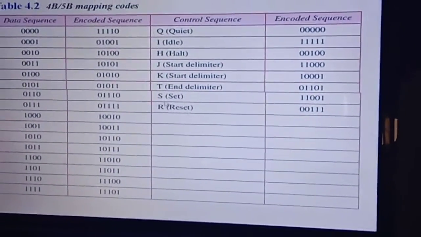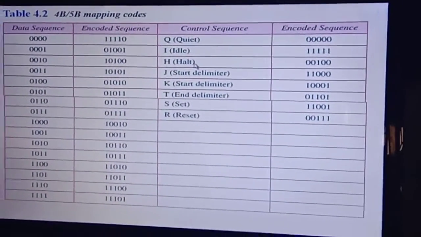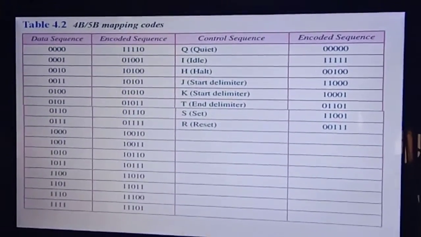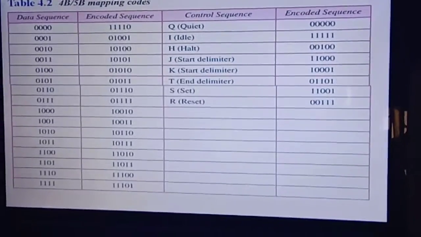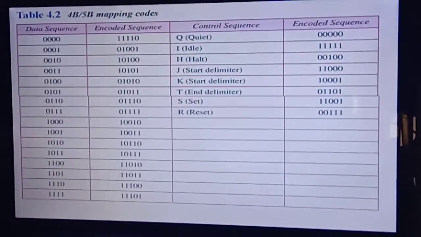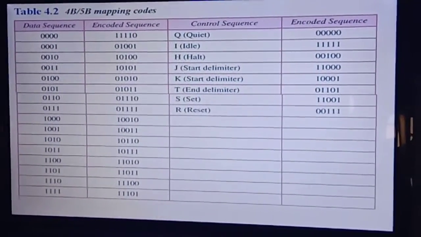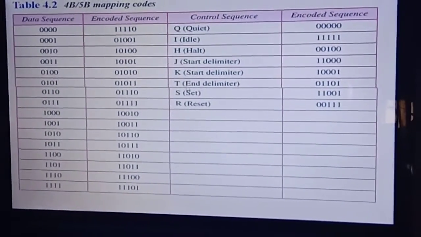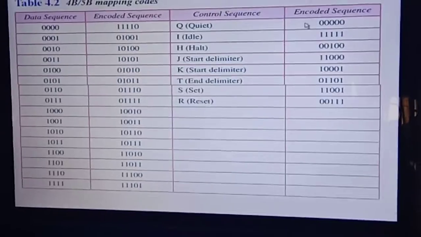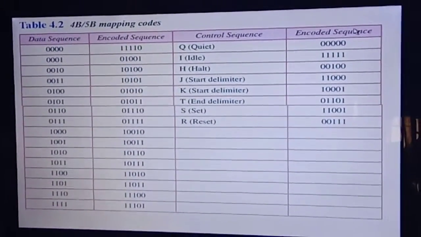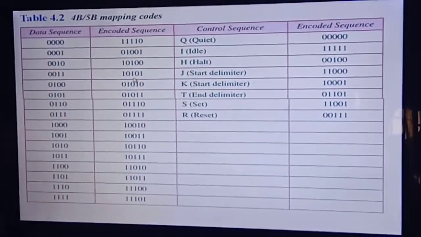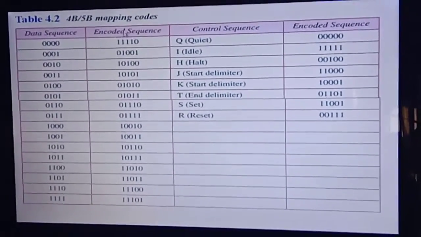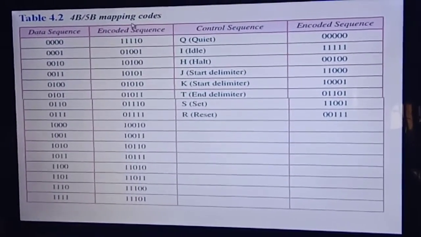And these are control sequences. For example, in programming languages we use some reserved words which should not be used as variable names in declarations. Reserved means we should use them for a specific purpose. Similarly, here we use these codes specifically for control information in data transmissions. These codes should not be used in encoding sequences. Other than these, we have to use the encoding sequences, but 5-bit patterns only.